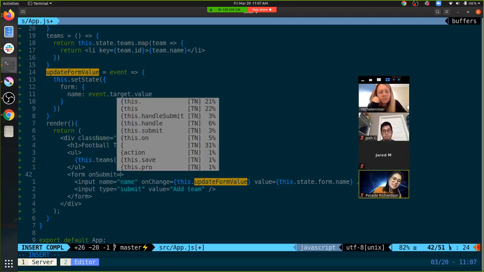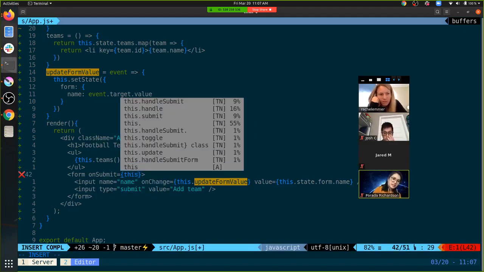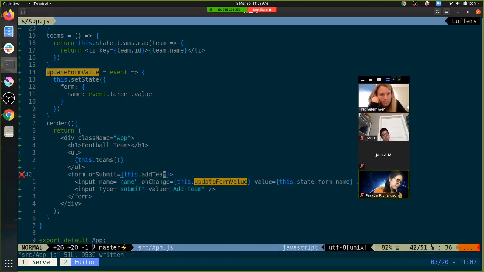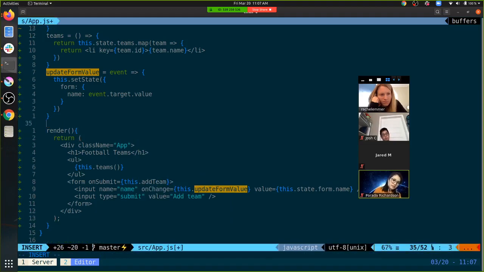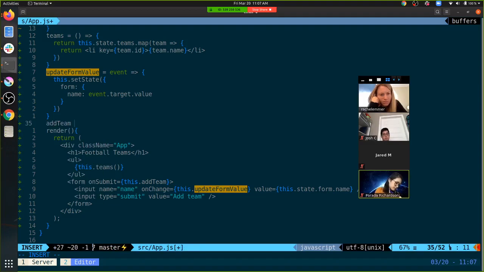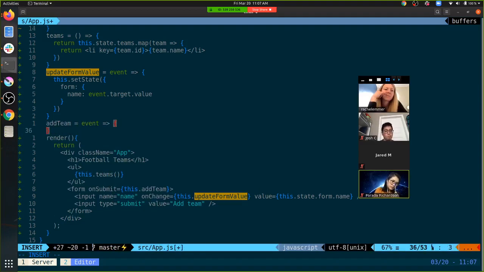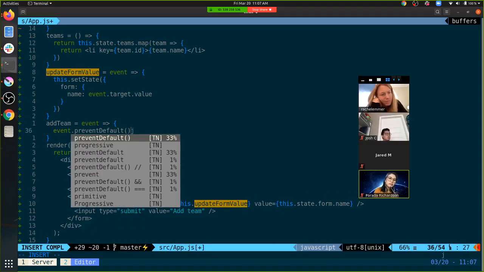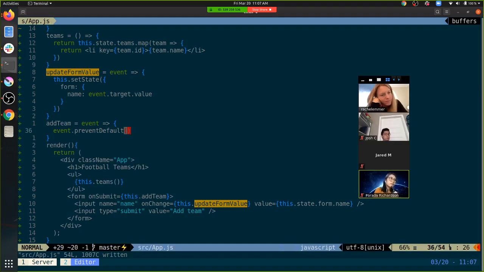So when this gets submitted, we want it to add team. Okay? So we make a function called addTeam. Prevent the default. And then